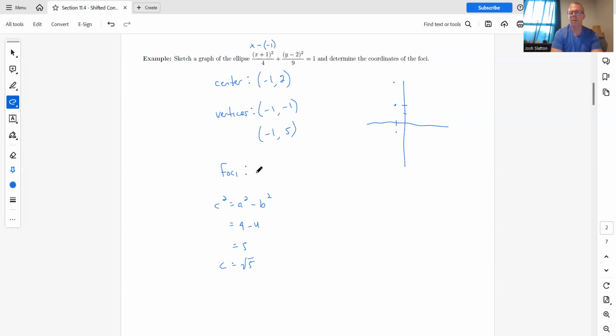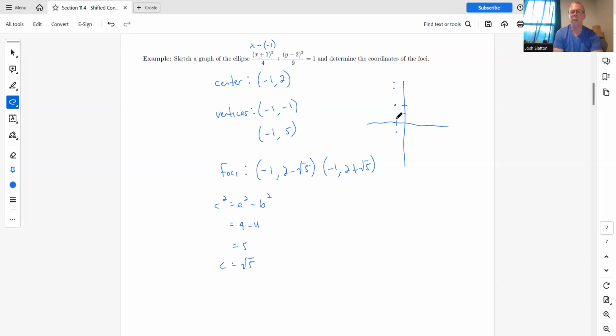And so to get these, again, the x is going to stay the same, and then we're going to add and subtract c from the center. So we have (-1, 2 minus square root of 5) and (-1, 2 plus square root of 5). And that gives us our